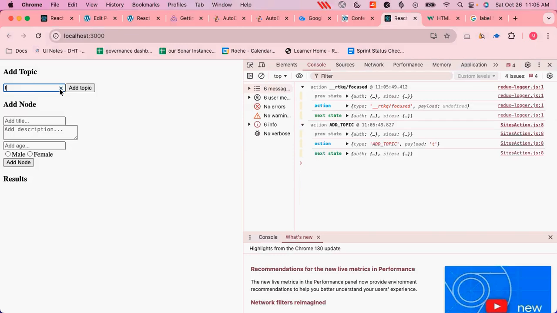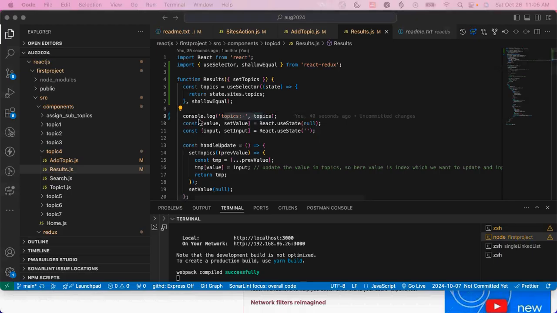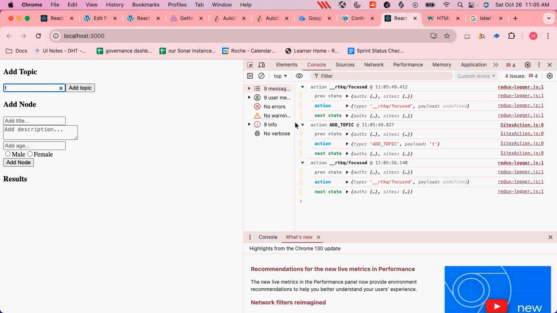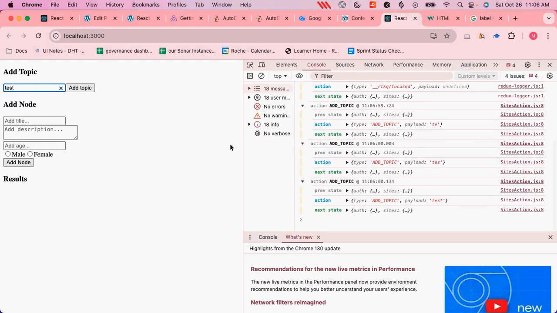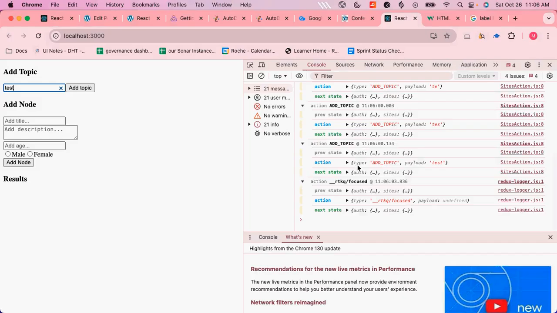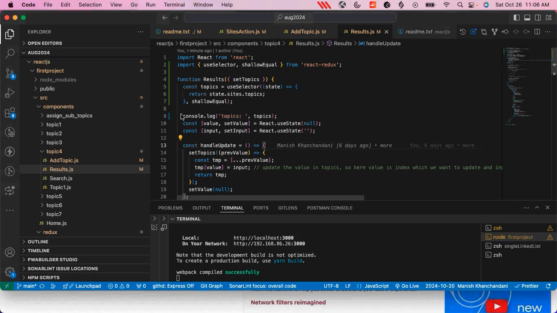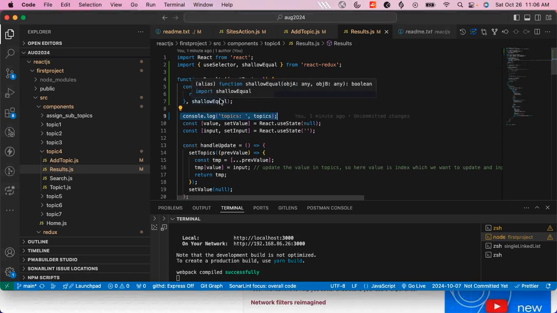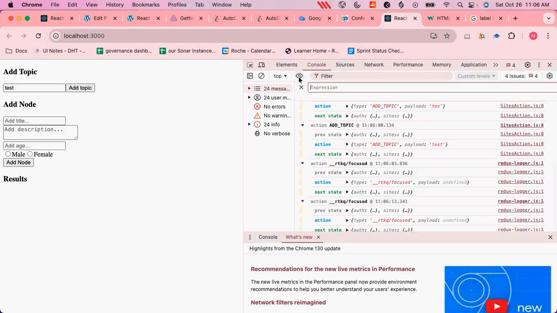And when I type anything here, topics is not even called because topics is not changed. So we are not getting the topics. I type everything, and you're not seeing the topics in this console because it's not changed. So we are not reaching this point. The results page component is not refreshing unless we change the topics. Now